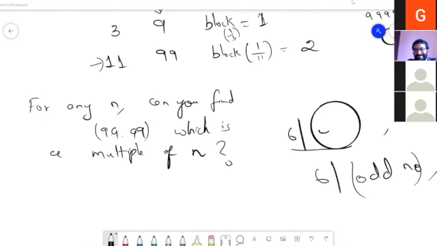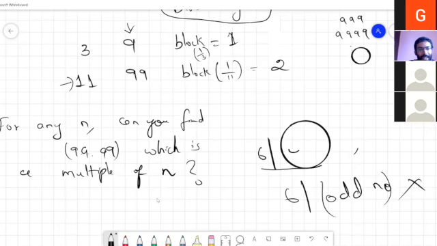Sir, it may be the number of prime factors of that 9, 99 like that. Okay, the number of prime factors of 9 is how much? Only 3, only one is there. Okay, very interesting. For 99, what is the number of prime factors? 2, 3 and 11. Oh, wow, for 999? Okay, we will see.